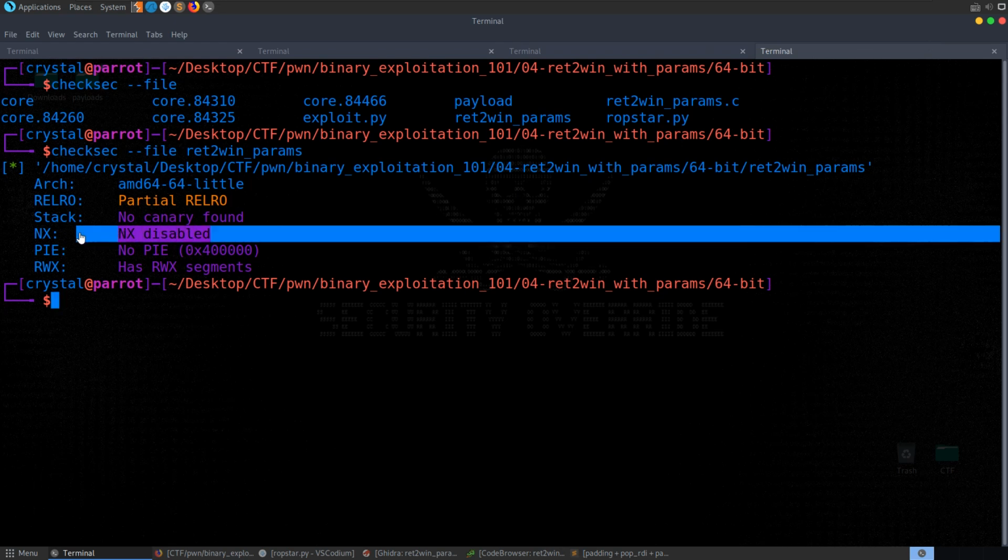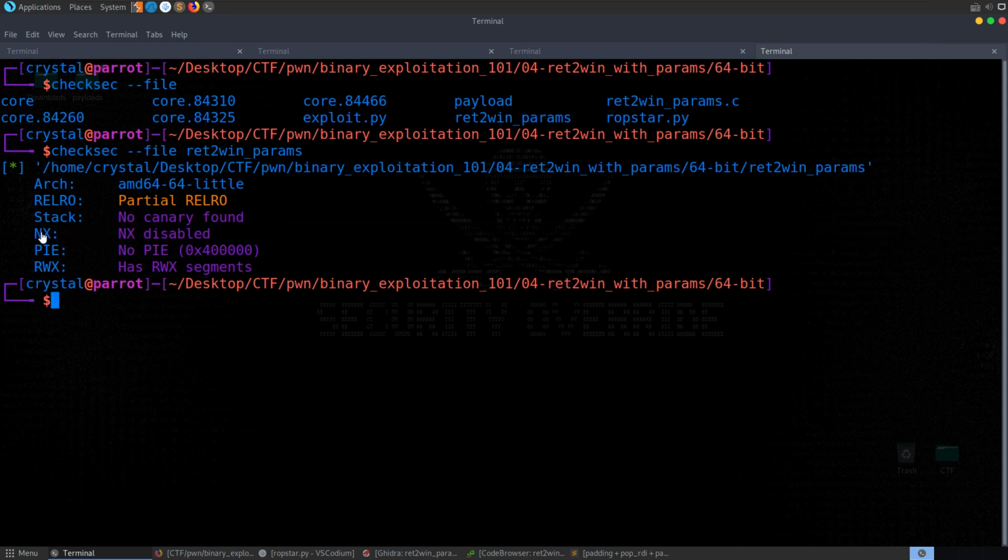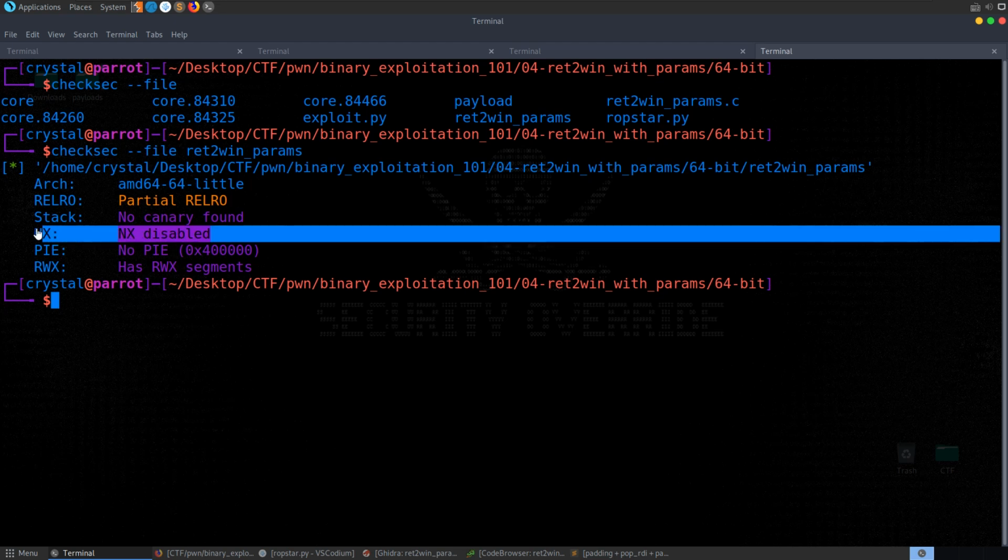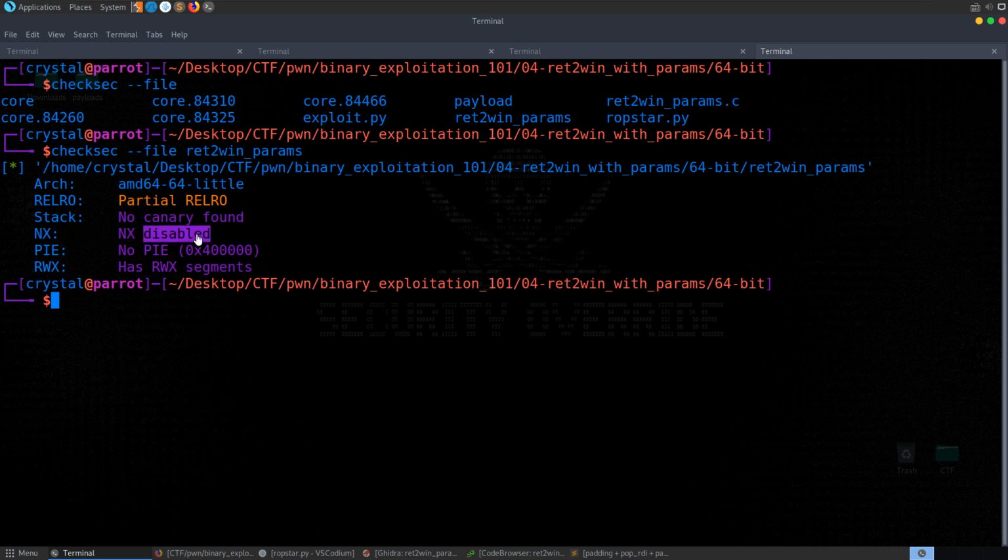But if this NX was enabled, it would basically mean that data on the stack is either marked as data or executable, so you can't just inject code and expect it to execute. So we'll have a look at injecting some shellcode, and then after that we'll turn this NX on, and then we'll see how we can